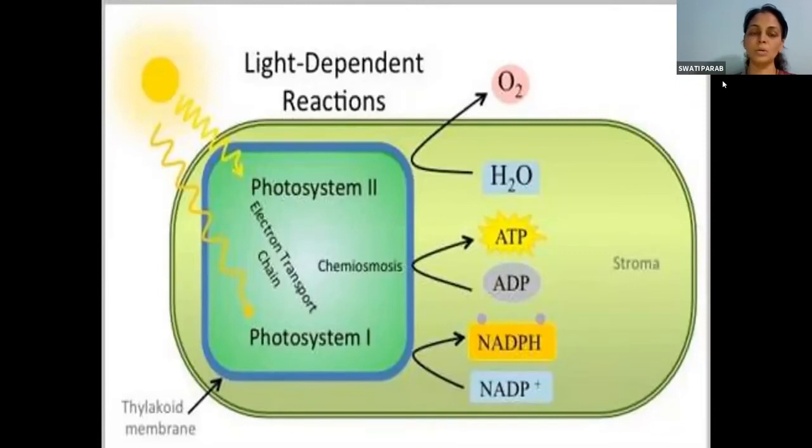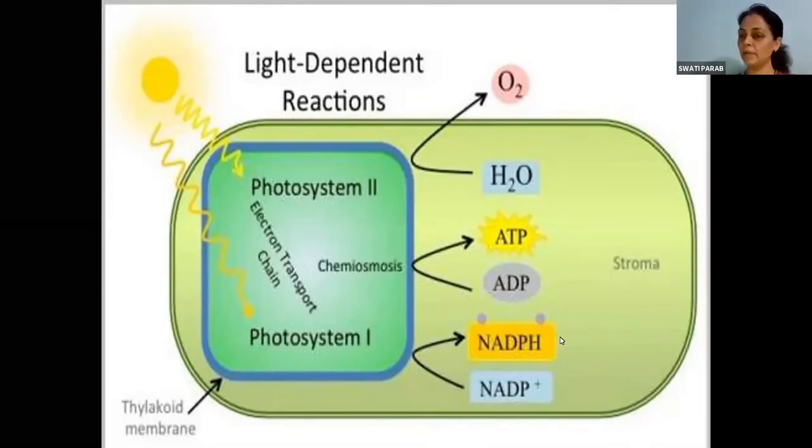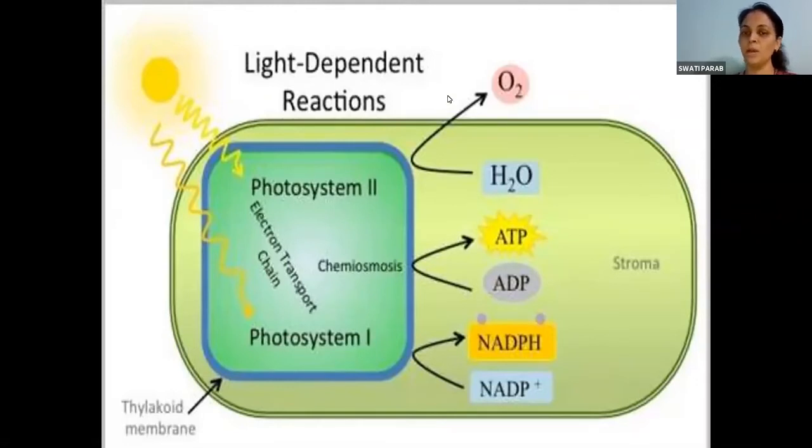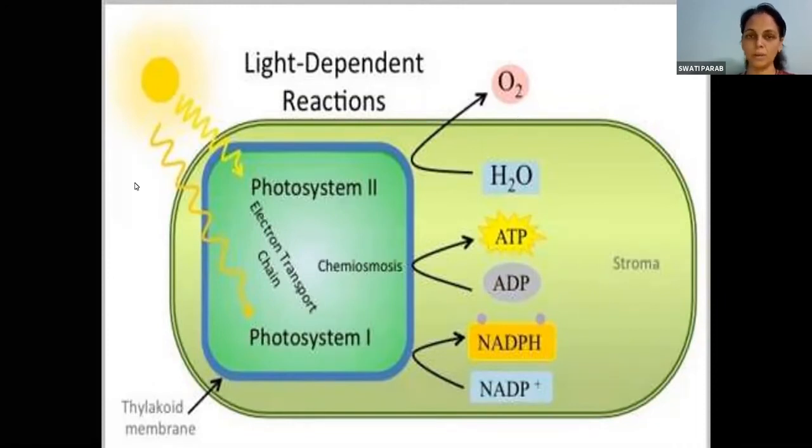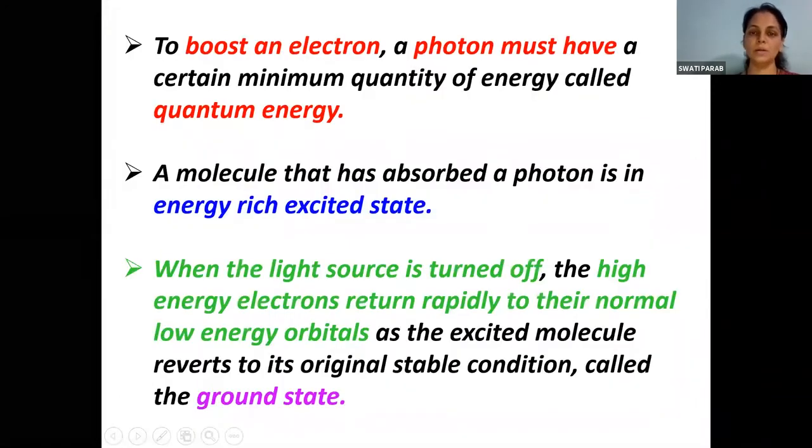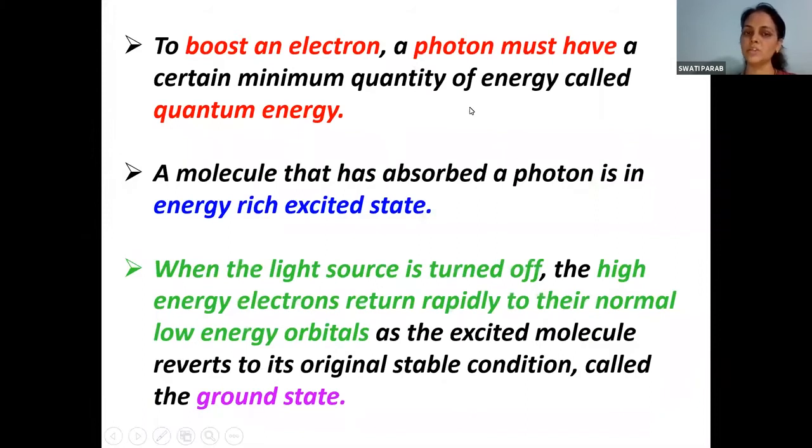Clear? So in the light dependent reaction, all of this happens. ATP and NADPH are used. They are converted to ADP and NADP. There is photolysis, that is breaking down of the water molecule, and oxygen is released. Fine? Okay. So now here, next. You all know what quantum energy is. You know, right? Light energy is the quantum energy. Where is it stored?